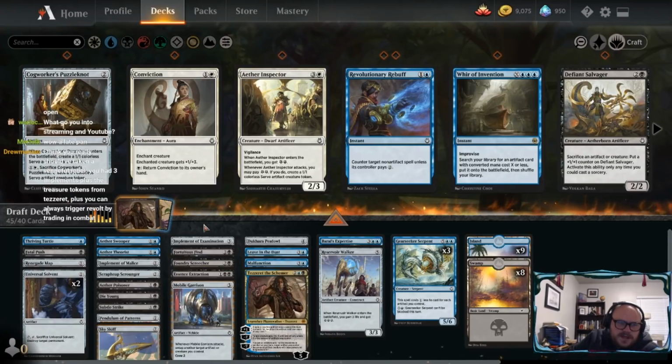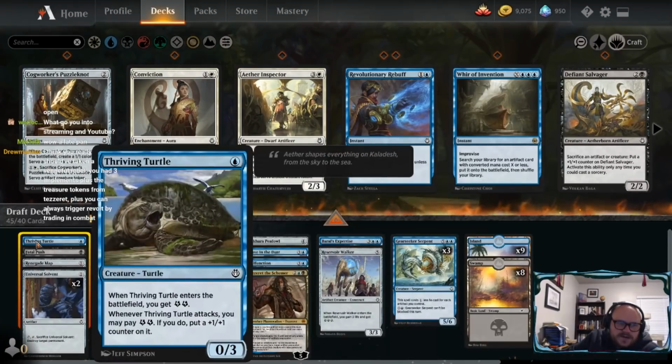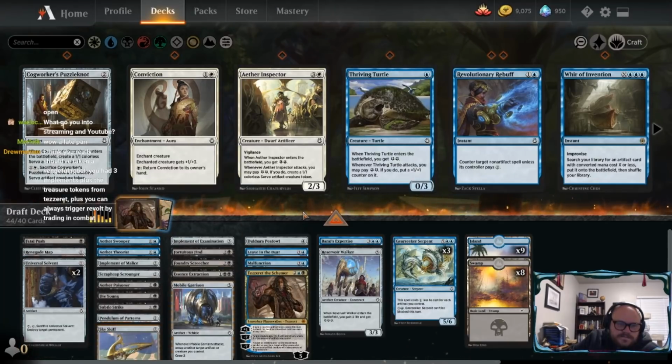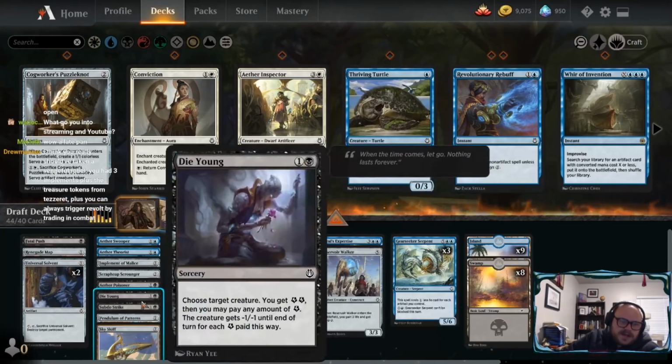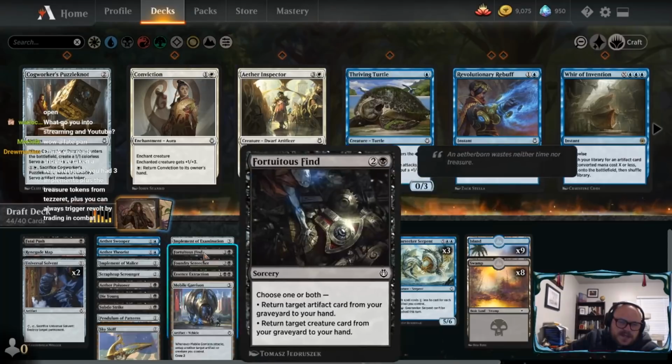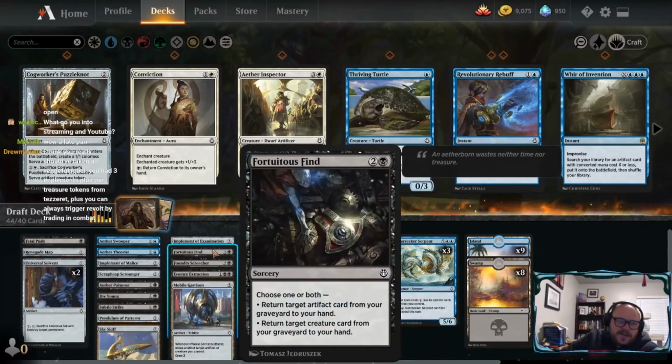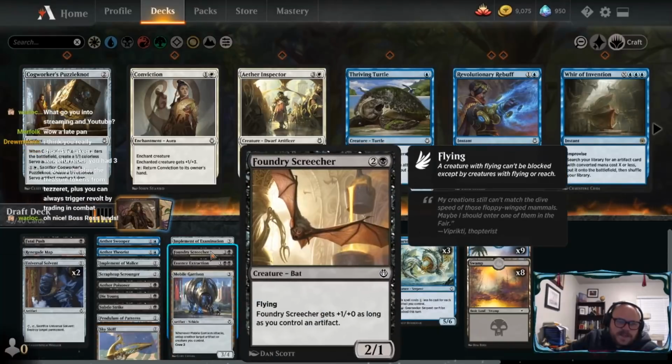I mean, I think maybe in the end we're not interested in Thriving Turtle. We're probably not. I mean, it's hard because we want to cram as many artifacts as we can into the deck, but we don't have that many ways to interact, and cutting things like Leave in the Dust and Die Young seems dangerous. So maybe it's better to cut mediocre artifact payoffs like these 2 cards than it is to cut...